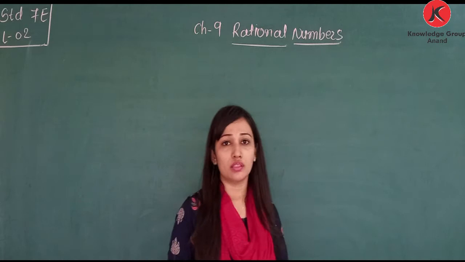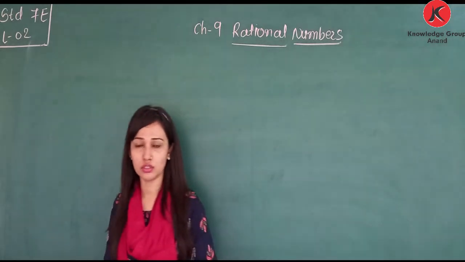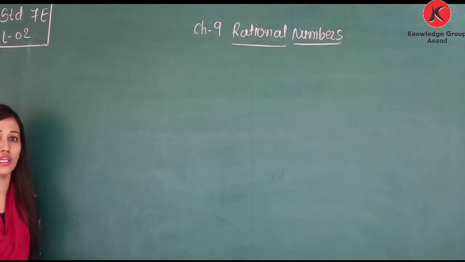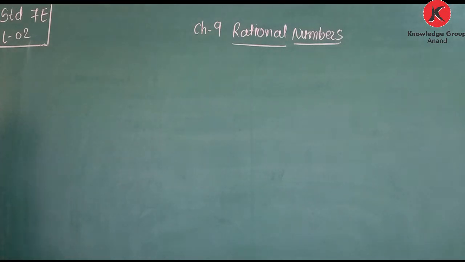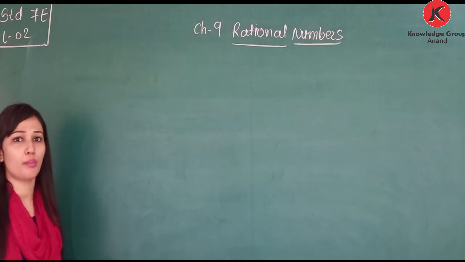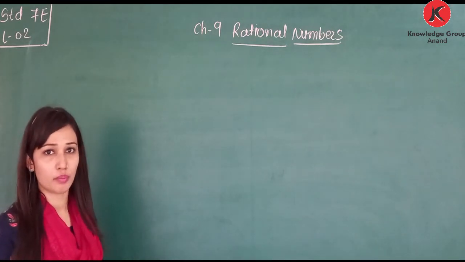We learned some methods that we already apply for a fraction, which are to find the equivalent fraction. We learned about finding the equivalent rational number. Then we learned how to find the simplest form of a rational number. This method we already learned for a fraction, so the same method we need to apply for a rational number.